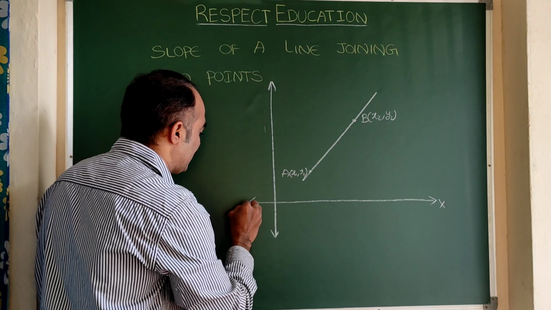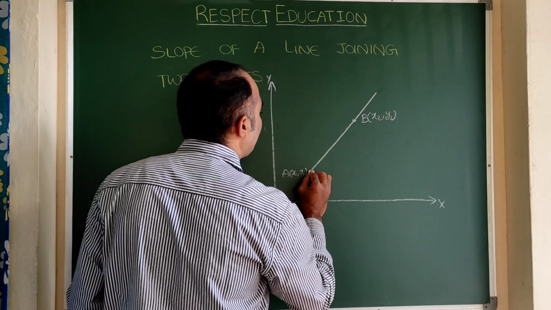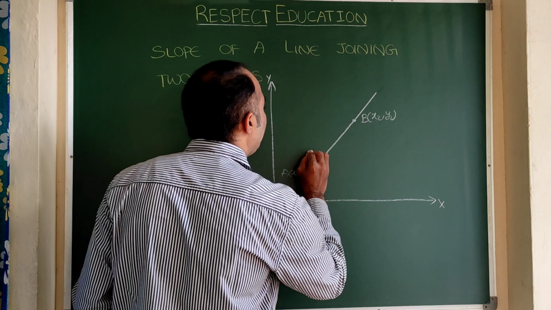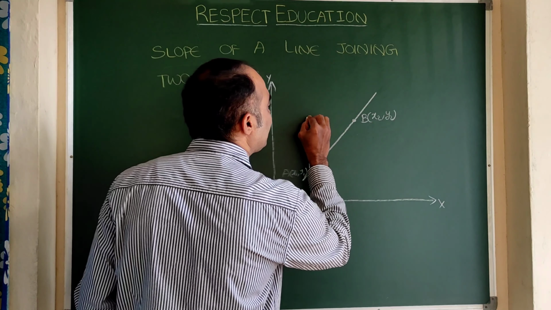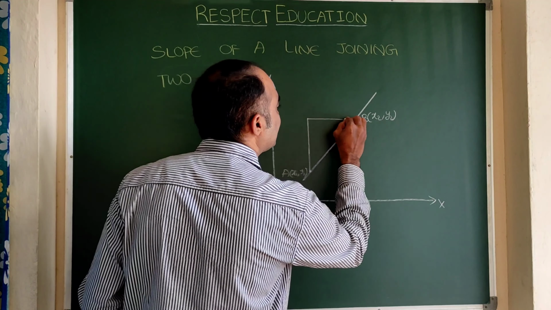Now here, as we have seen earlier, the slope of the line AB is determined as the climbing and then catching. The climbing distance is nothing but y2 minus y1, and for catching the distance covered is x2 minus x1. This is what we have just now learnt.